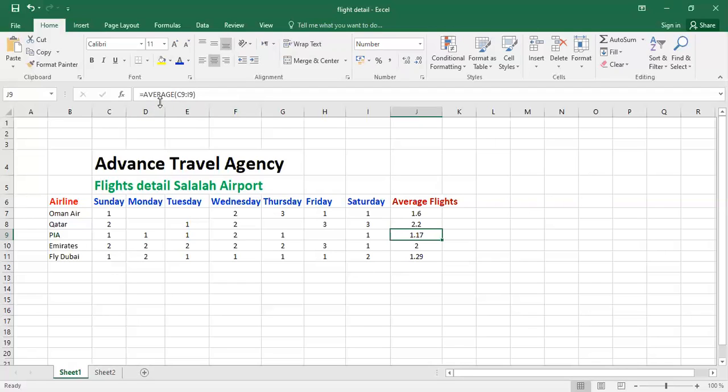And don't forget to write the average formula, or whatever formula you want to use, in the fx window or in the formula bar. I hope that, students, you have understood